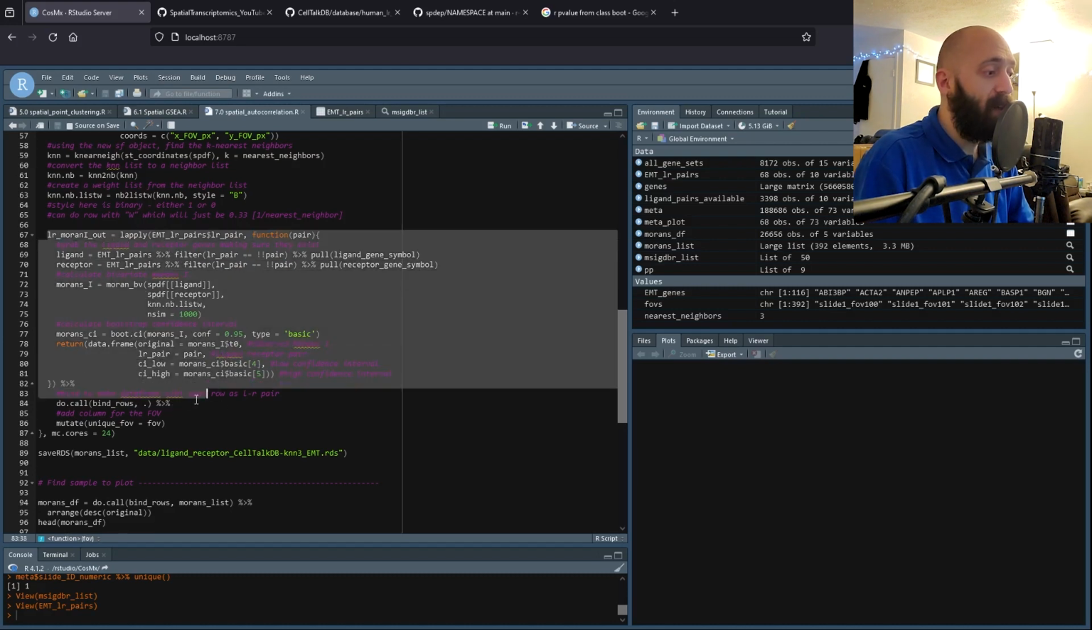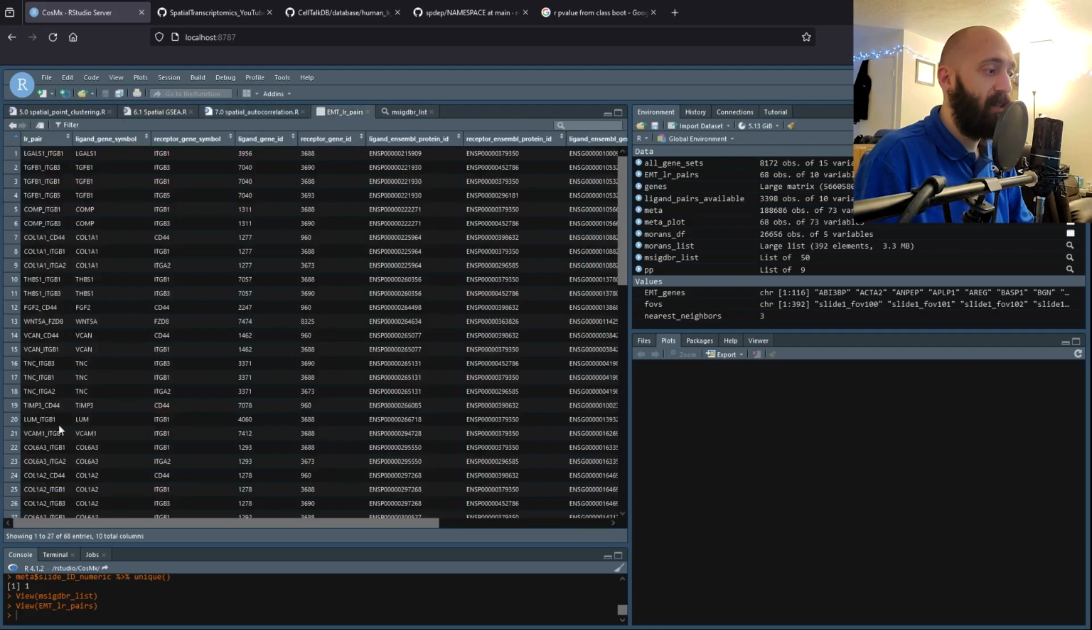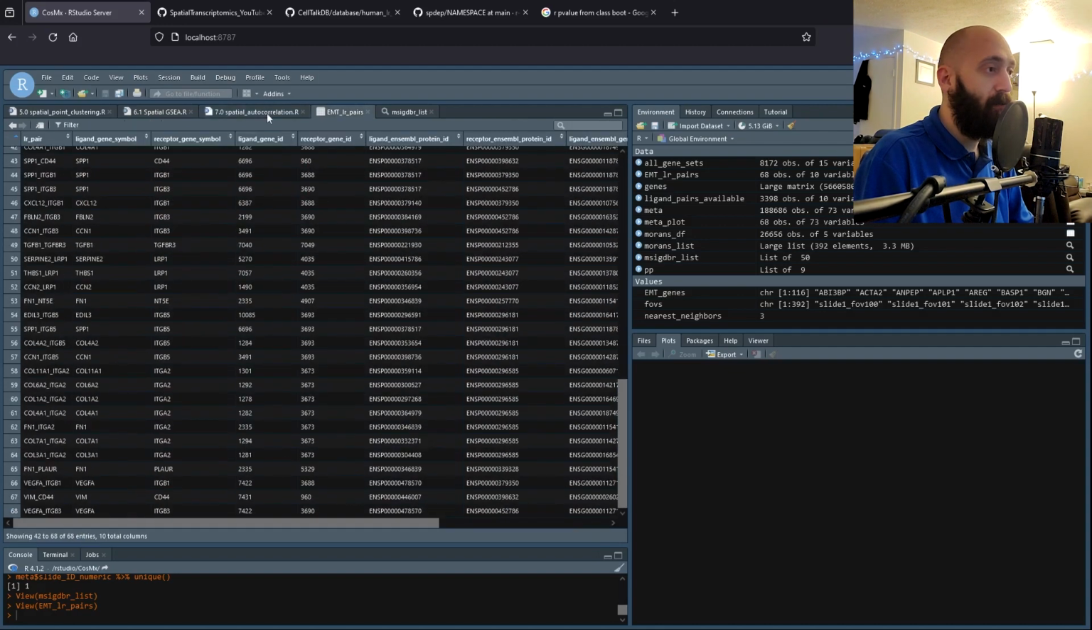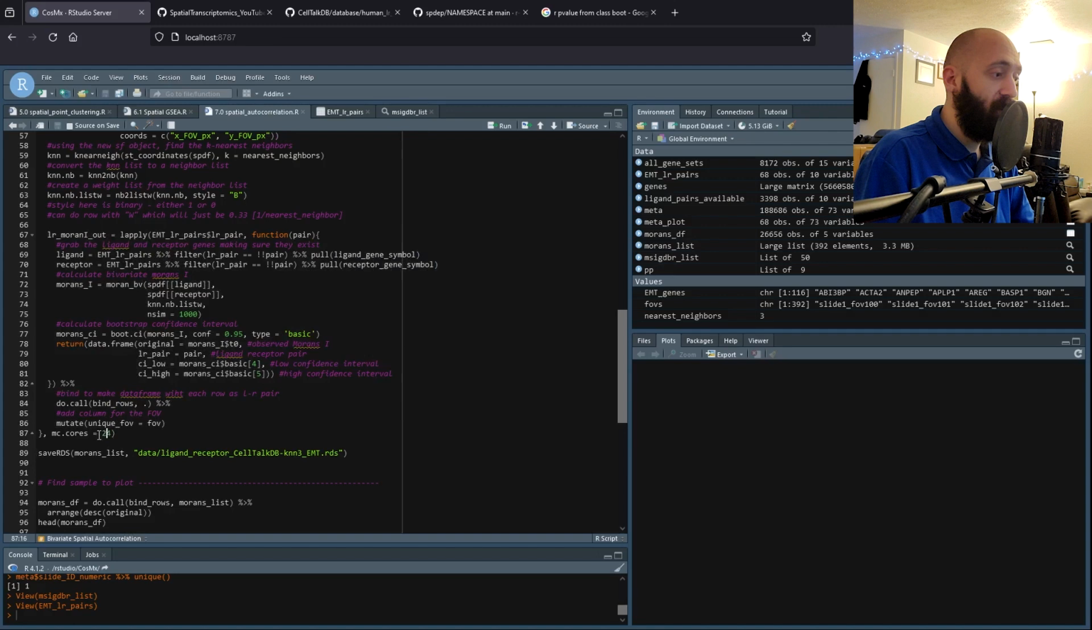Once we have all of those values for all of the ligand receptor pairs, we're going to bind them together. So for each field of view, we're going to get a data frame that is of length ligand receptor pairs. So we have 68 here. For each field of view, we're going to get a 68 row data frame. And then we're just going to use a bunch of cores and try to get it done really, really fast. So if we go ahead and look at that,